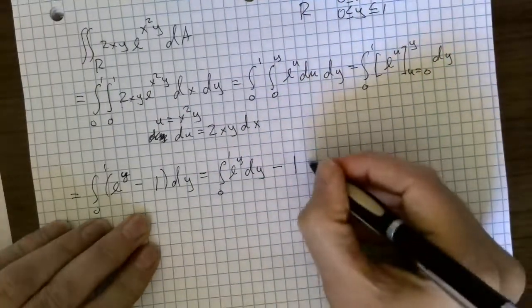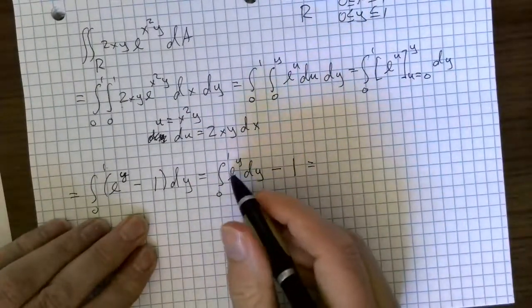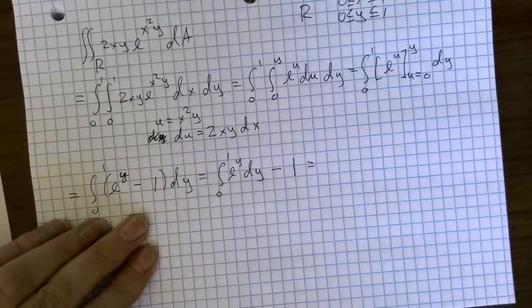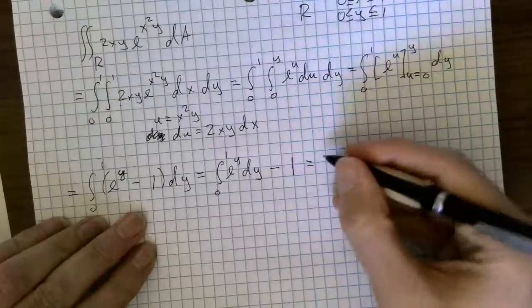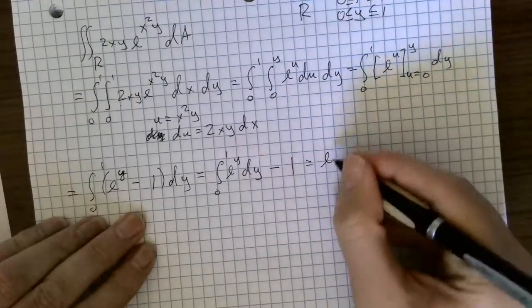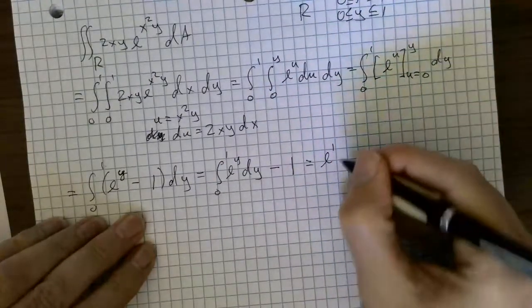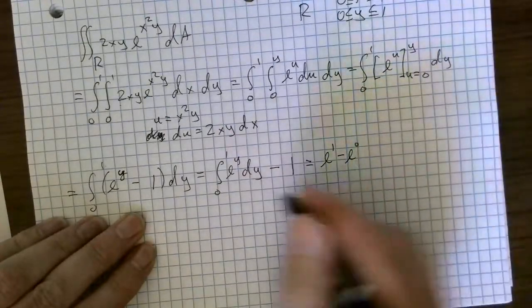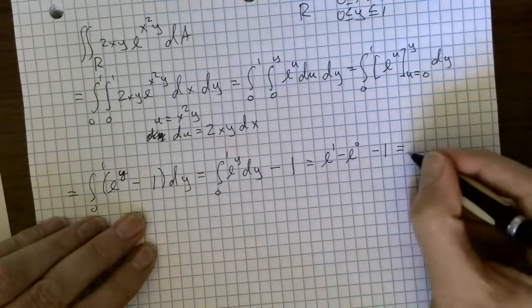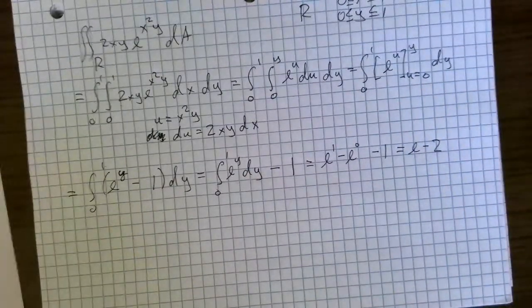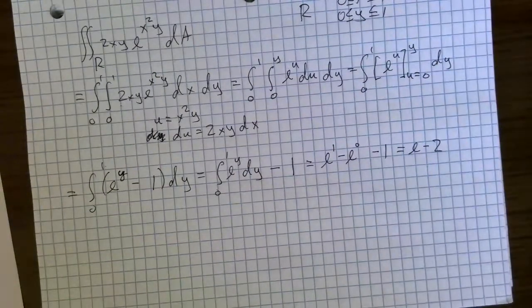And the antiderivative of e to the y is again e to the y, so this is e to the 1 minus e to the 0, which is minus 1, and then there's another minus 1. So it's really e minus 2. Okay, and that's not too terrible,